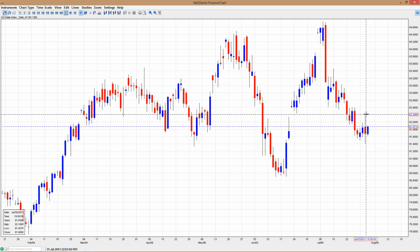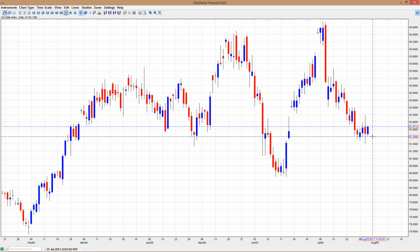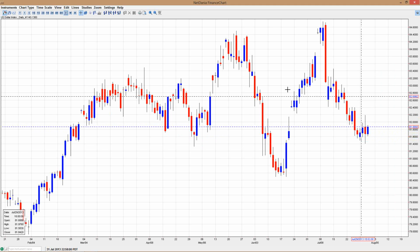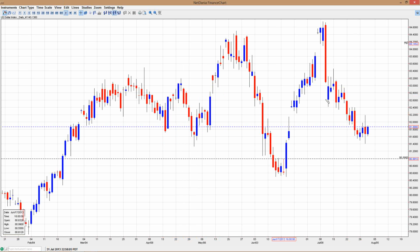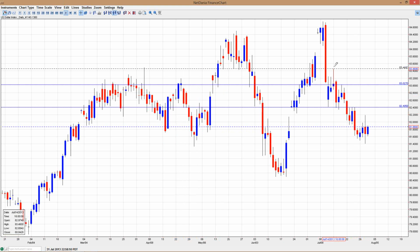Had a higher high right here the day before, but now we've got this engulfing candle. So kind of waiting to see what happens with this. It's kind of a nice pivot if this decides to continue to the upside. Based on, well, at the very least, got some supply lines here. So definitely some room to go up to